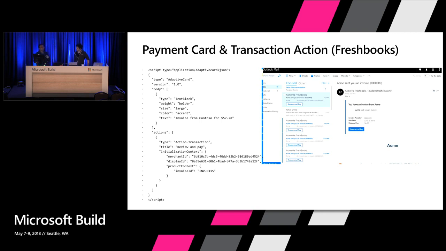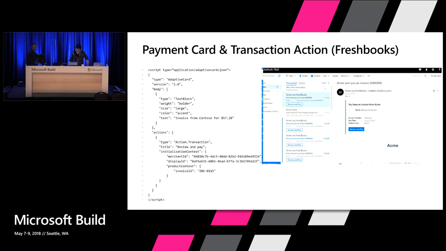Then the key piece here is the product context. The product context is a JSON blob that the merchant or our developers can specify on the card, which will be played back and forth with all the events that we would be sending to the merchant to receive updates and doing payment complete. So if you want to provide any more information based on that, or if you want to develop any business logic for those events that you receive from Outlook, we'll be able to do it.